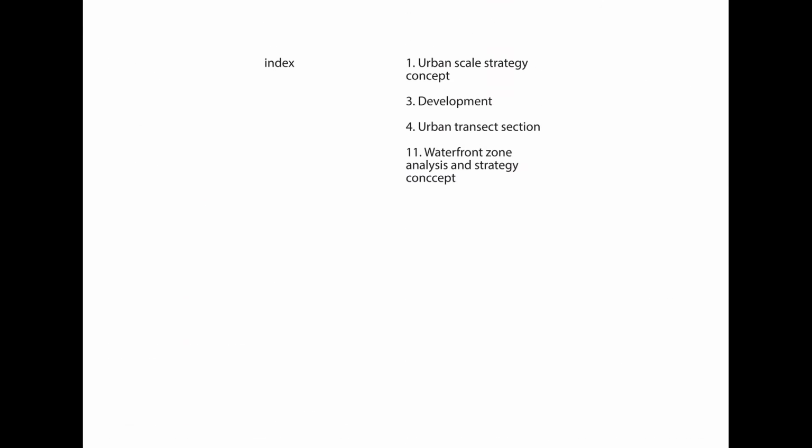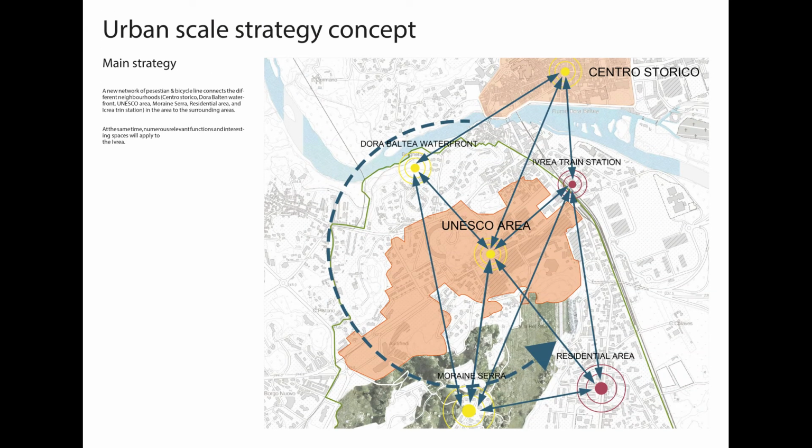The project consists of 4 distinct stages, namely: urban scale strategy concept, development, urban transect section, and waterfront zone analysis and strategy concept. As represented in the urban scale strategy, the whole area is composed of 5 parts: waterfront zone, UNESCO area, municipal zone, community zone in the mountain, and we aim to connect them through the new urban tourist routes